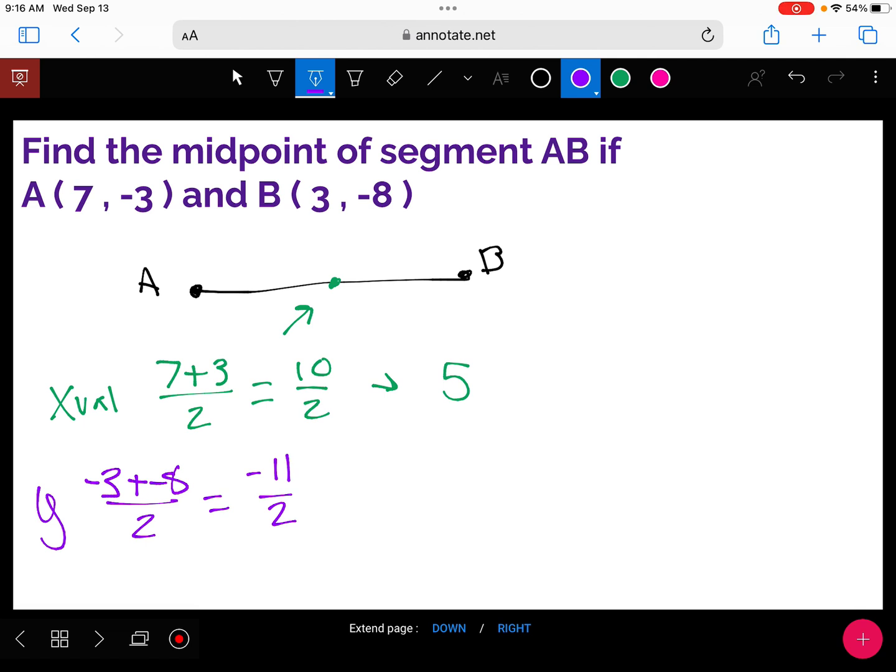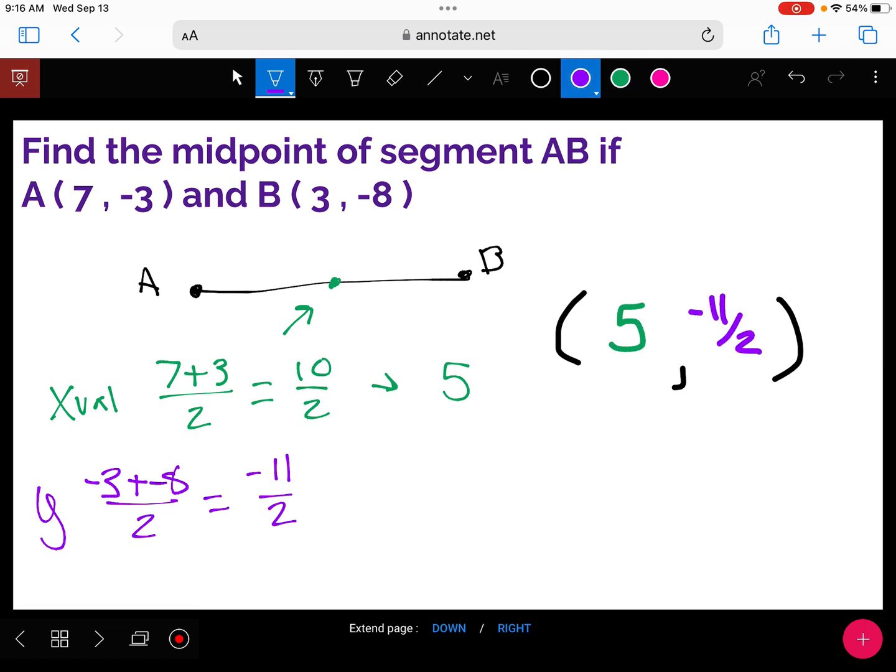So what's the y value? -11 over 2. That's because what this is we're finding the ordered pair for that midpoint. It is 5,